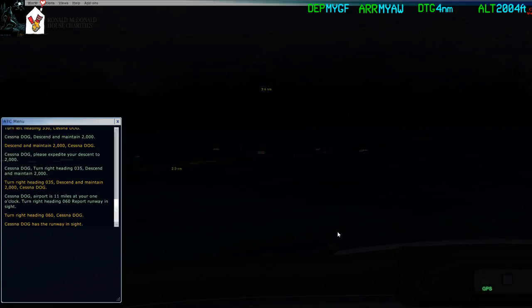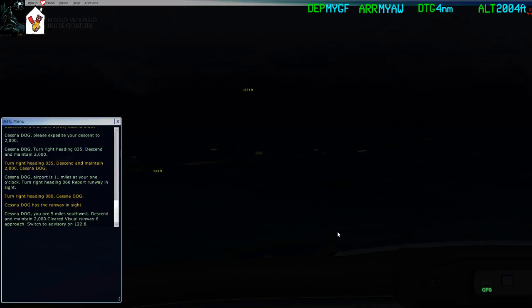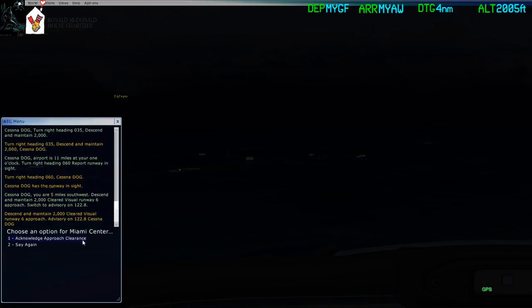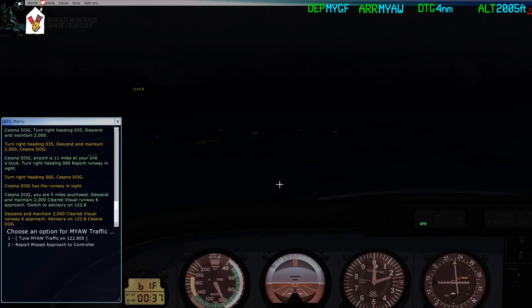Cessna Delta Oscar Golf has the runway in sight. If so, I'm screwed. Delta Oscar Golf. You are This ain't no float plane. southwest. Descend and maintain 2,000. Cleared visual. Runway 6 approach. Switch to advisory on 122.8. Descend and maintain 2,000. Cleared visual. Runway 6 approach. Advisory on